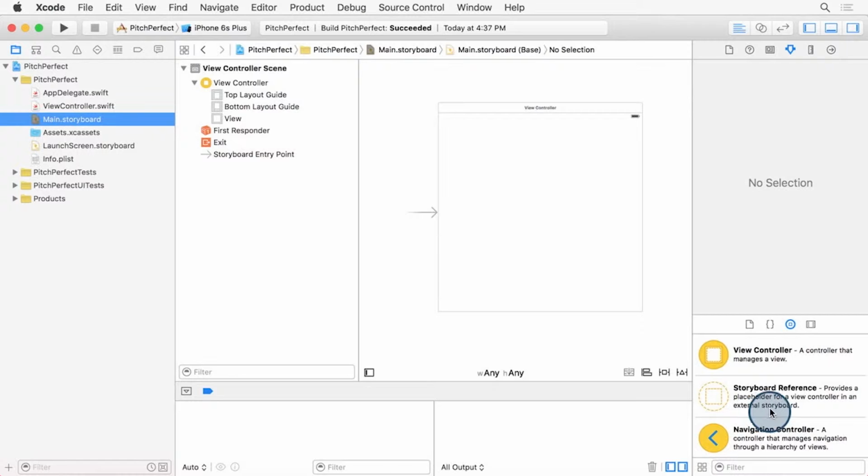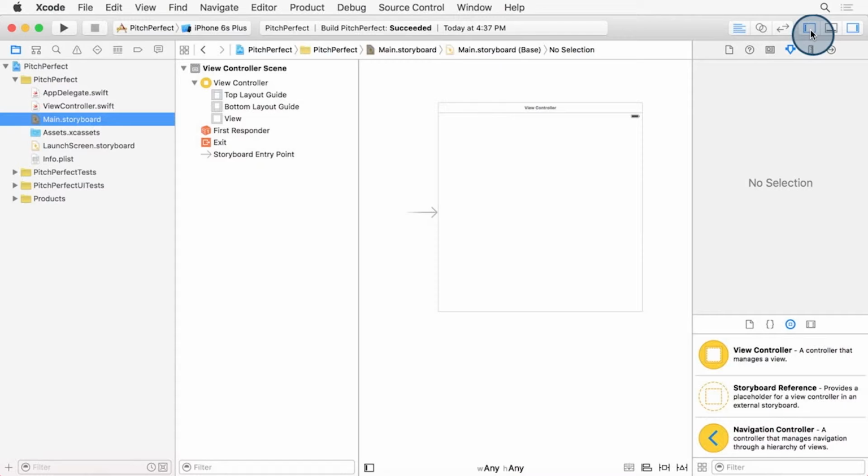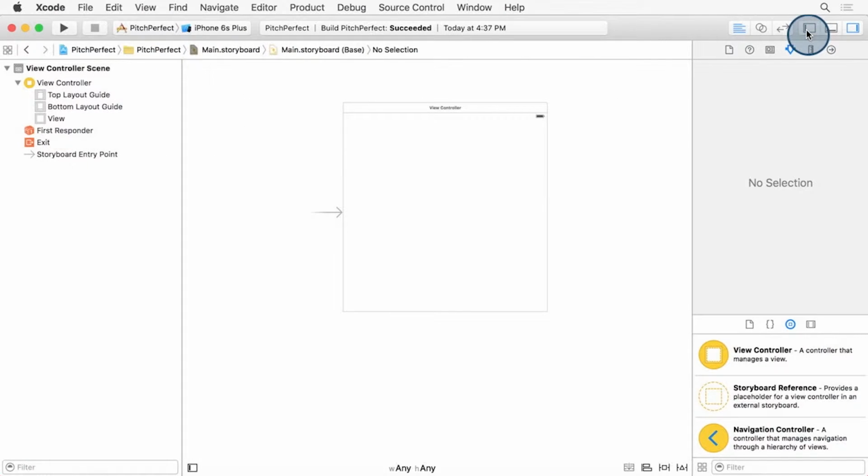On the bottom right side, you can see the library selector with different types of user interface elements we can drag in. If you don't see the library, make sure this third icon from the left is selected, the one that looks like two concentric circles. You can hide the debug area as well as a navigator panel to give us some more screen real estate,